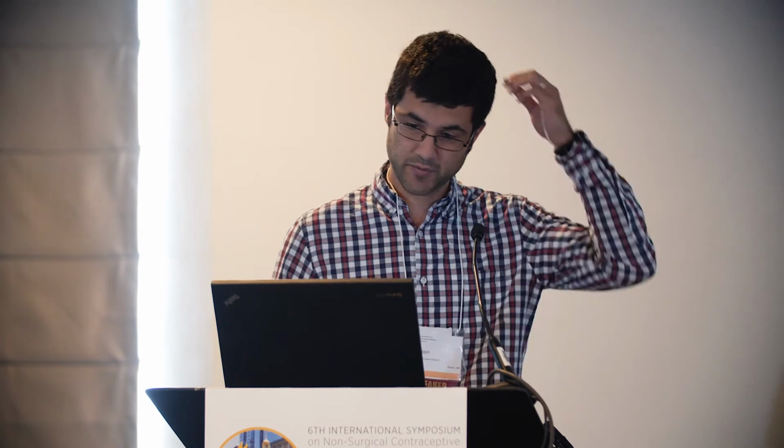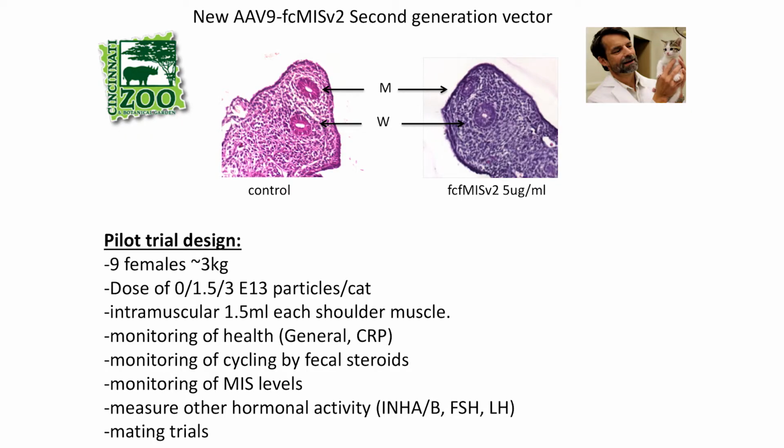So we went back to the drawing board, made the proper version of the cat MIS gene, and we just got these results a couple of weeks ago. We produced it again in Chinese hamster ovary cells. That's the cell line that everybody produces biologics with. We also produced a flag tag version so we could have efficient purification. And then we tested this new construct, and again, it's biologically active, so we can cause regression of the Müllerian duct. So I think we've fixed the main problem, which was the 30 amino acid differences between the wild type and our engineered homologous protein. And hopefully this time, it won't be 60 days. We'll get permanent contraception if we can